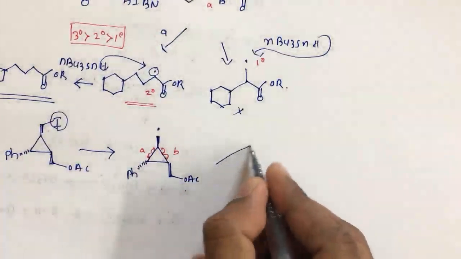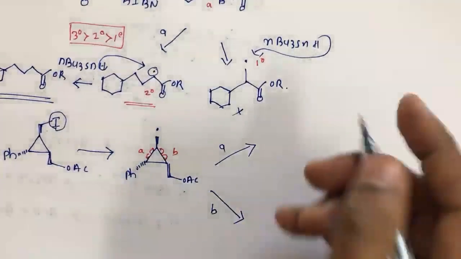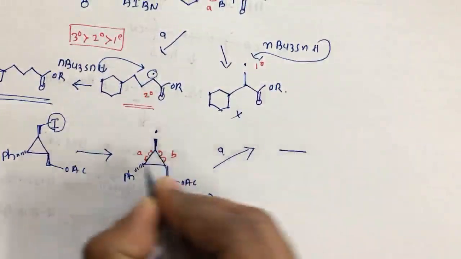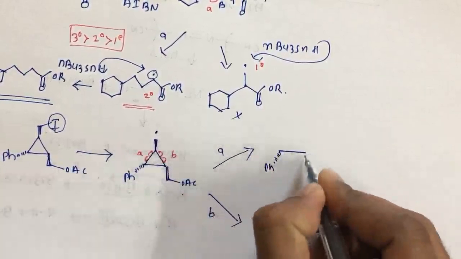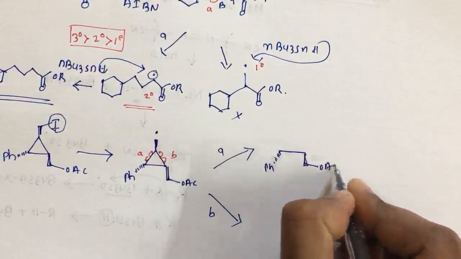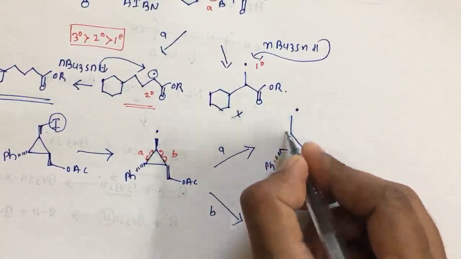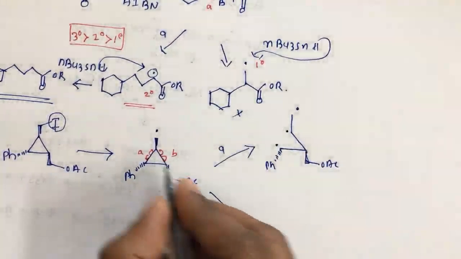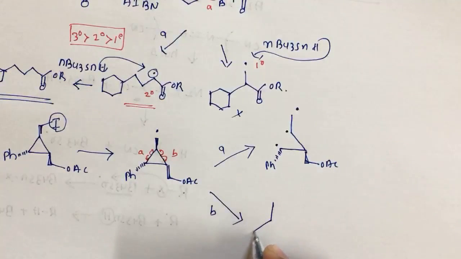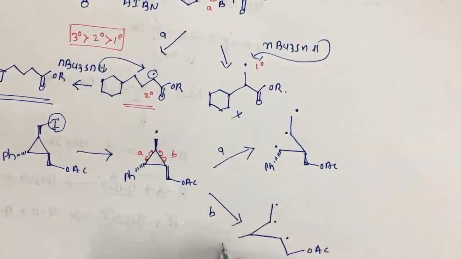So in the A path, this bond is getting broken. So this is Ph, this is OAc, this is the methyl group here, and here we are getting this kind of compound. And in the B path, this bond is getting broken. OAc, here radical, Ph,